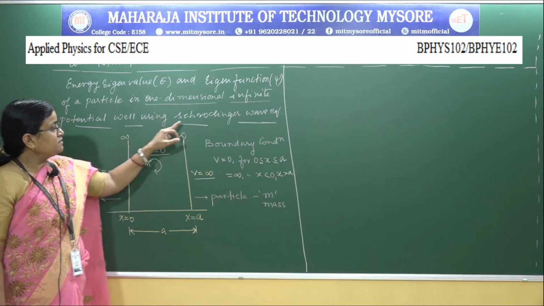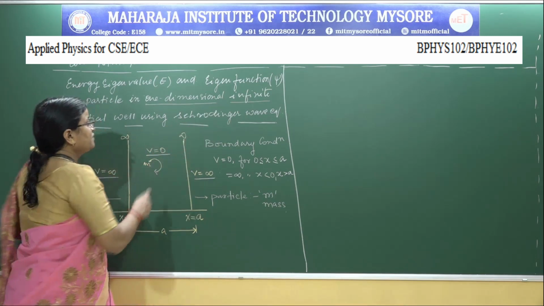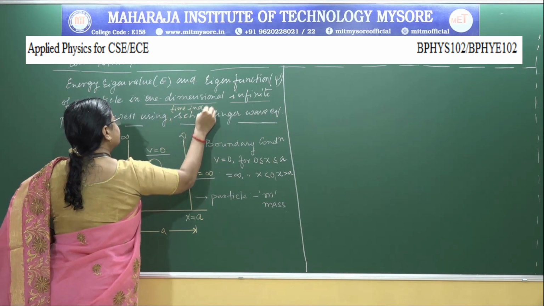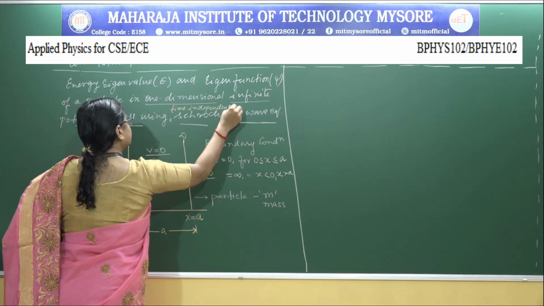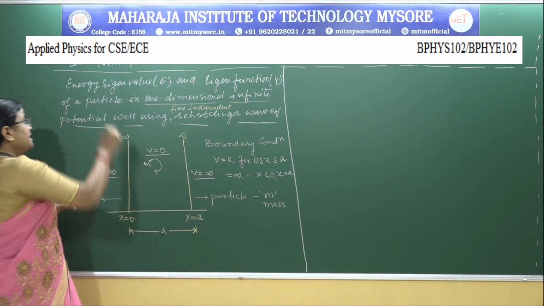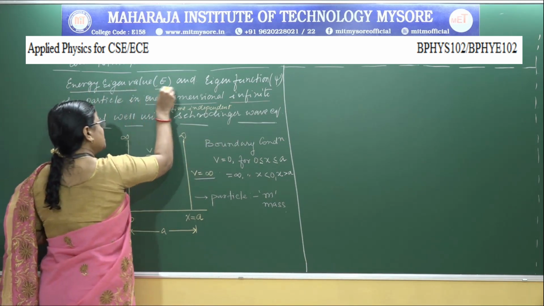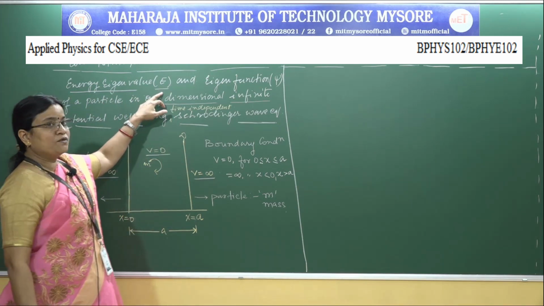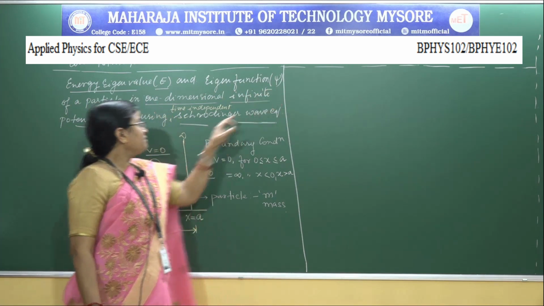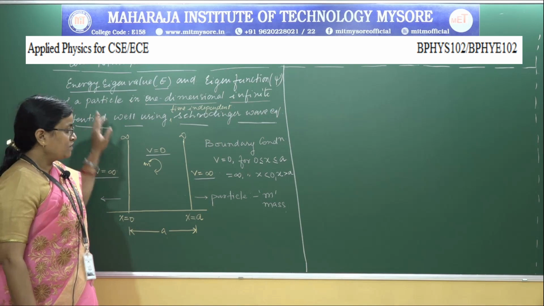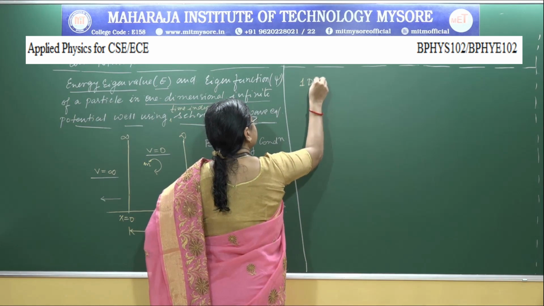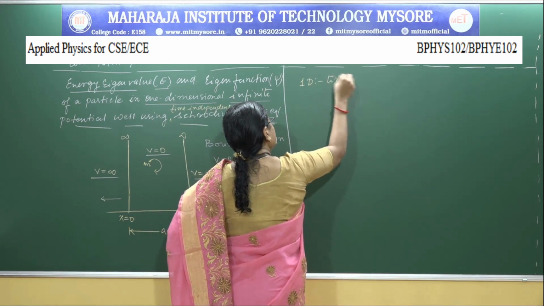Now we have to use the time independent Schrodinger wave equation to solve for the energy eigenvalue, meaning the energy of the particle, and the energy eigenfunction psi of the particle. So, as we know, the one-dimensional time independent